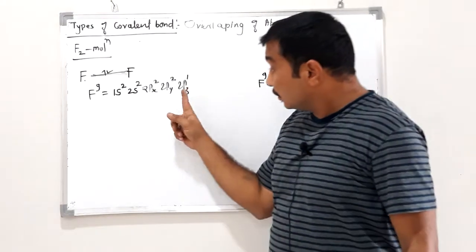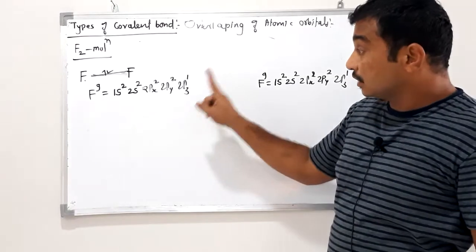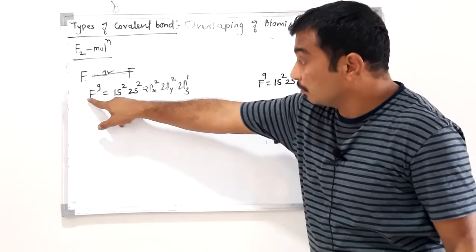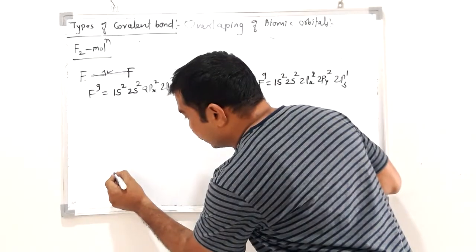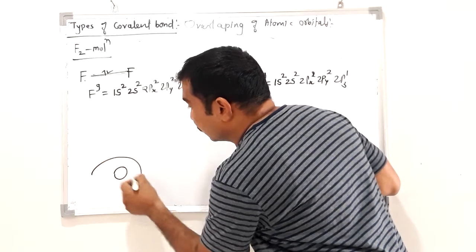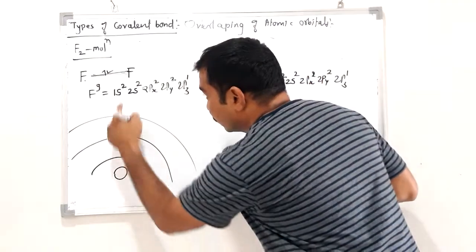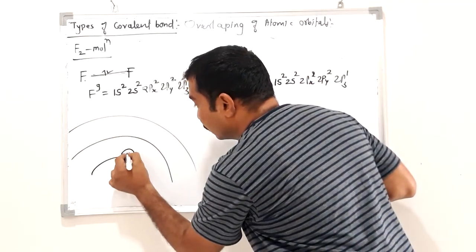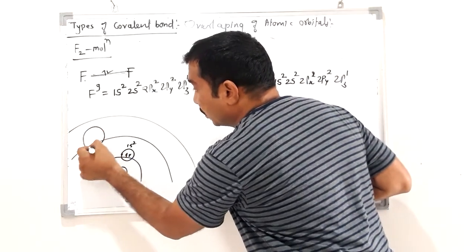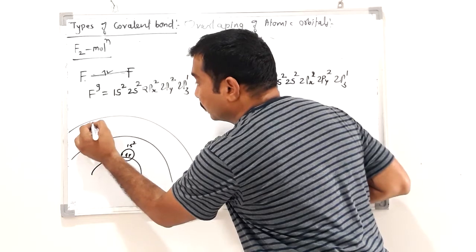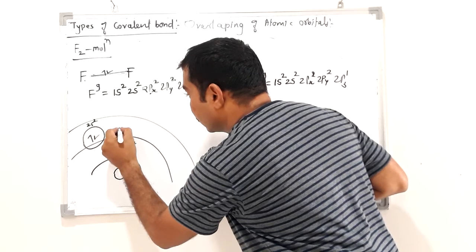Now, in which orbital is this unpaired electron present? In the 2pz orbital. Let us see; I will try to draw the structure of the atom. Nucleus, first orbit, second orbit, third. First orbit, 1s2, spherical. 2s2 is somewhat bigger in size. It is also completely filled. Then 2p here.